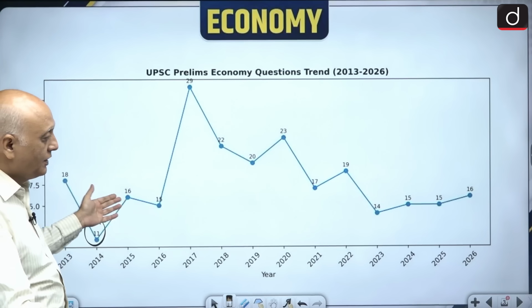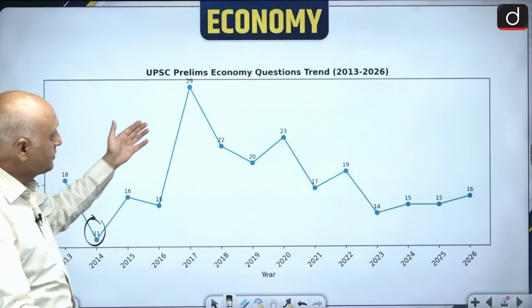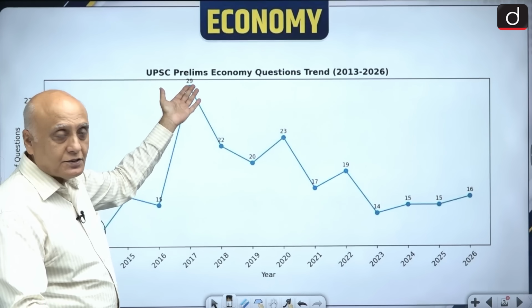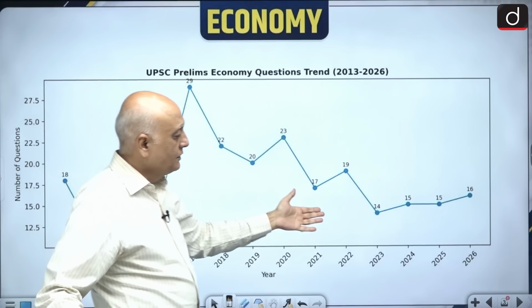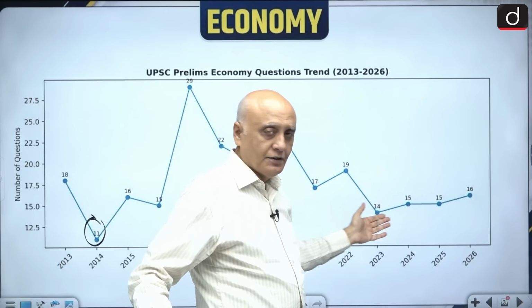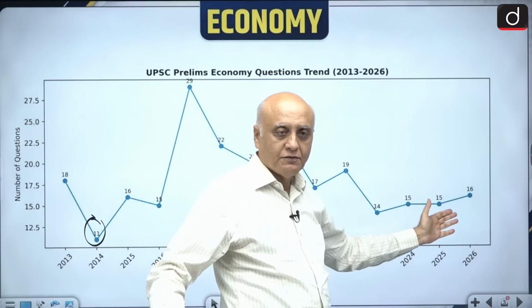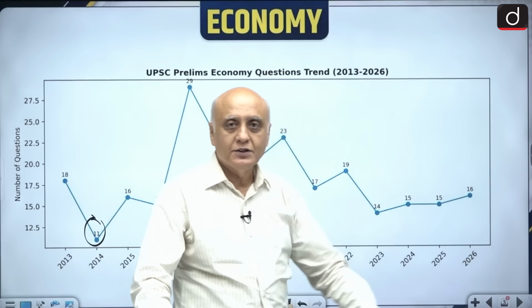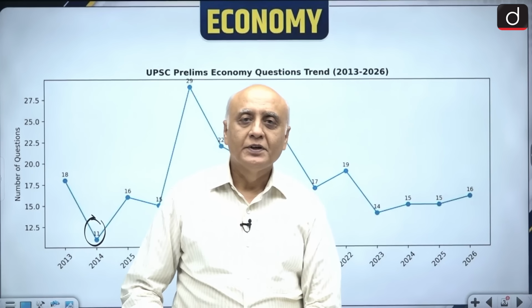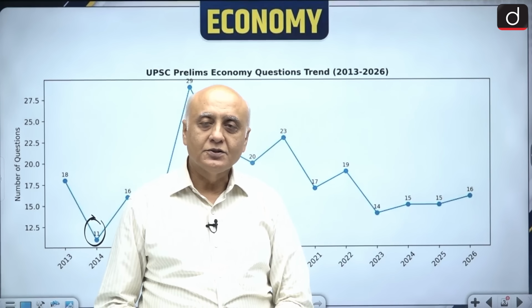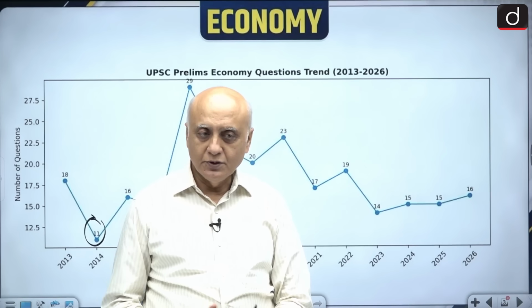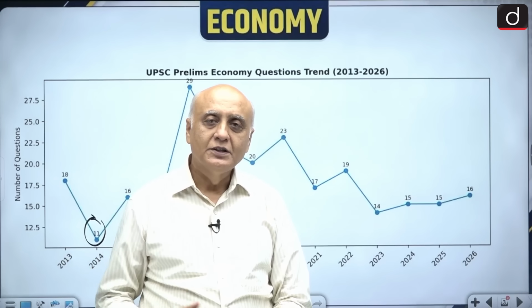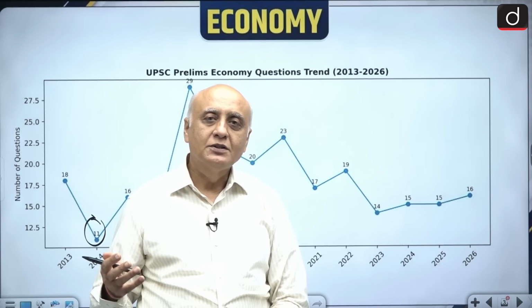You could see a good 14, 15 questions to 29 questions they are asking. And if you see the latest trend, it's been between 15 to 20. So if you are having some 16 questions this year on economy, and there are total 100 questions, so the weightage is 16%. And not only this, if you go to current affairs, you find many questions asked from the